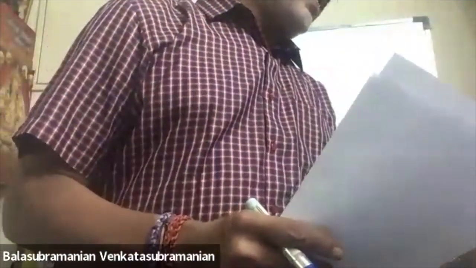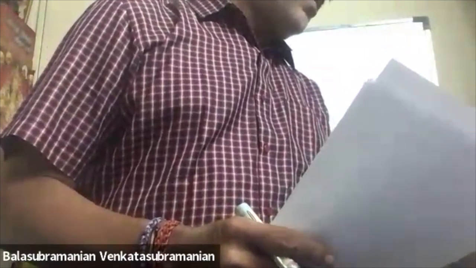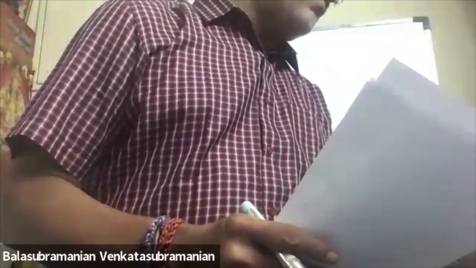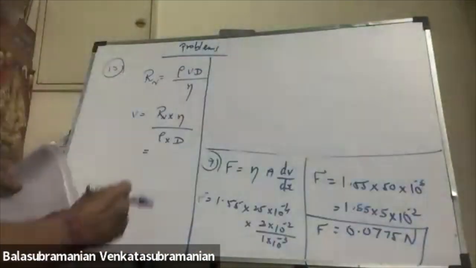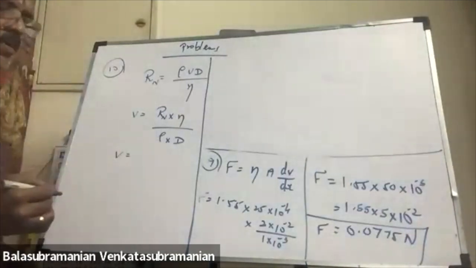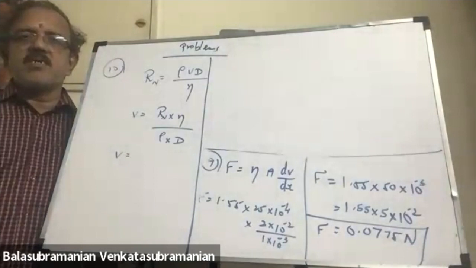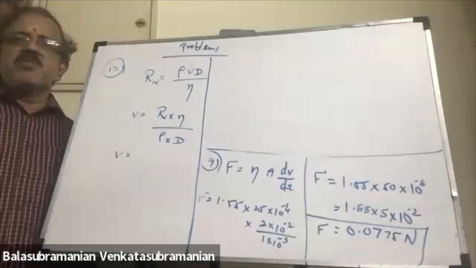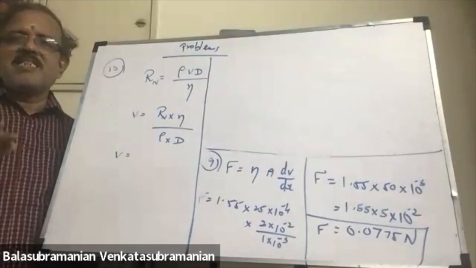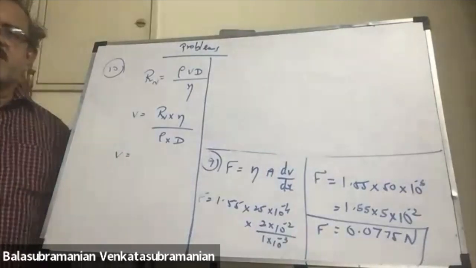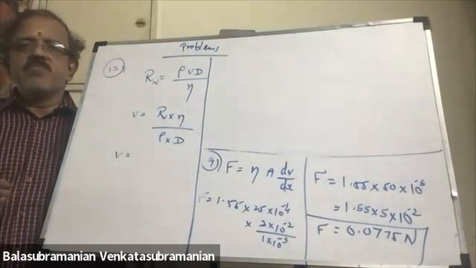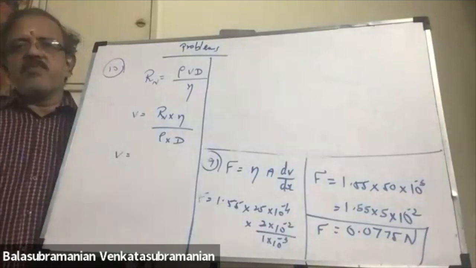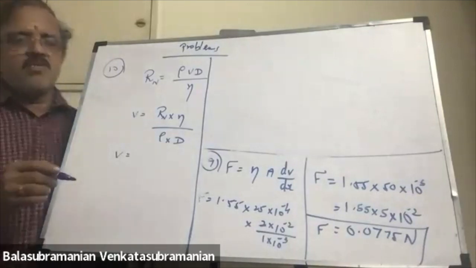What are the data given here? Radius 0.005 meter, viscosity 0.001. Just laminar means streamline, just turbulent means 3000. 3000 and above is Reynolds number value in turbulent flow. Up to 2000 means it is streamlined flow. 2000 to 3000 means it is in between. Just turbulent they have given. So 3000